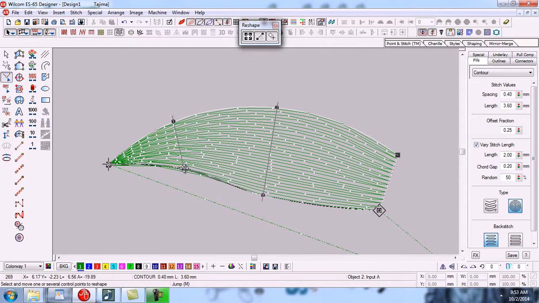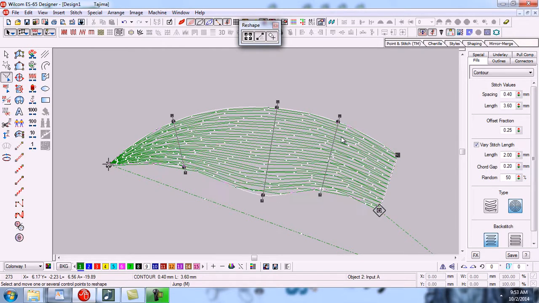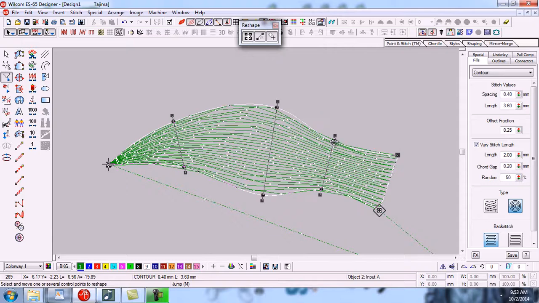If you want to add any point, you can add later. For example, here I want to add a rounded point by pressing right click. So I will press right click here, and you can see that a rounded point has been added. So we can edit it also.